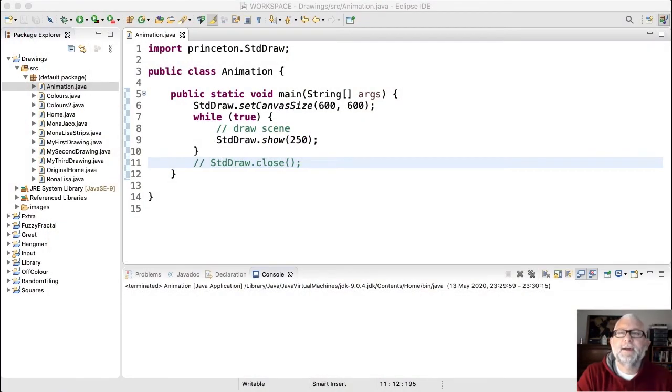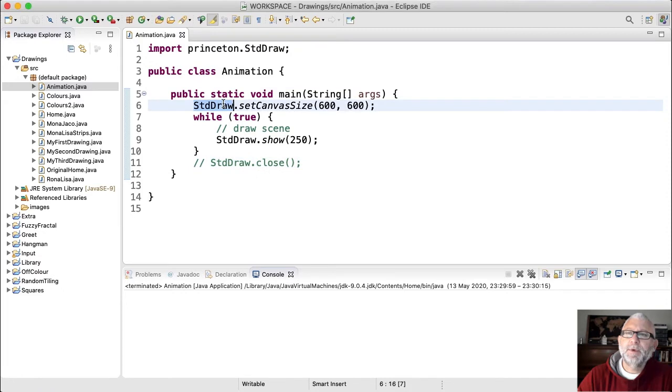We're going to talk about animation, and the idea for animation is pretty simple. We initialize the canvas, set the coordinate system, maybe set up some other variables, and then there is some kind of loop which repeatedly draws the scene, and we'll do that shortly, and then it shows the scene with some delay. So it'll wait, in this case, 250 milliseconds, a quarter of a second, and then move on and draw